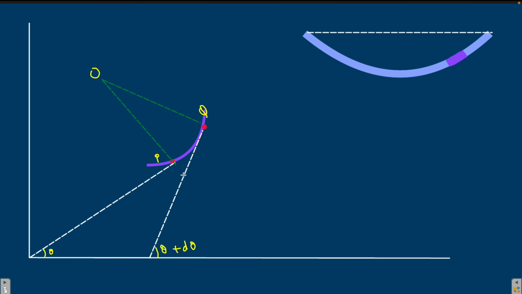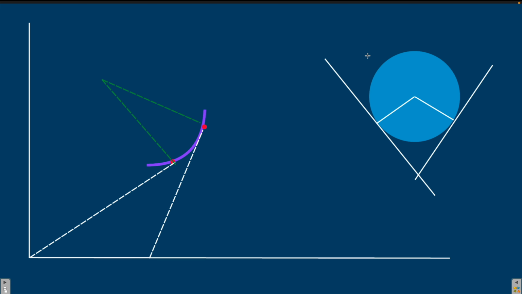Now I'd like to explain something. There is a concept that if this angle is d theta, that is the angle between the two intersecting tangents from two points, then if we draw two normals from the same points which intersect at the center of the circle, this angle will also be equal to d theta. Now let me explain why it is so. Let's consider this is a circle with center O. This is point A, this is point B. From points A and B we are drawing two tangents and two normals which intersect at point O.